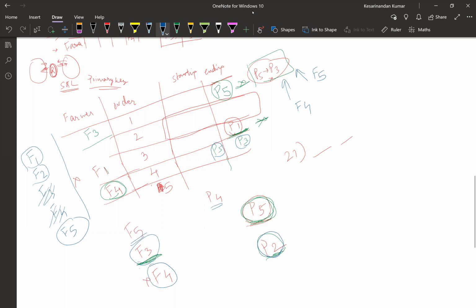P2 cannot come here, no chance. Okay. Now let's see the 22nd hint once more, which was the starting point for F3. Starting point for F3 again, we had 1, 2, 3, and 4, and P5 was the starting point. Yet again, nothing. And for F2, again, we had 1, 2, 3, and 4 finishing point. So P5, it was all taken.